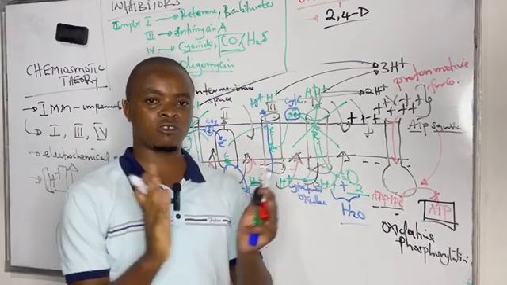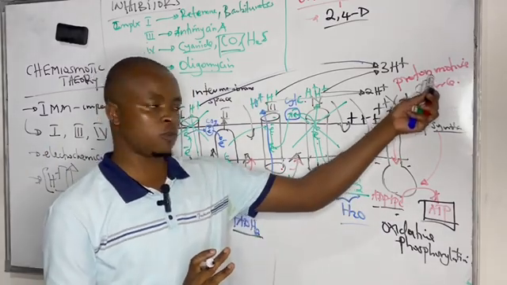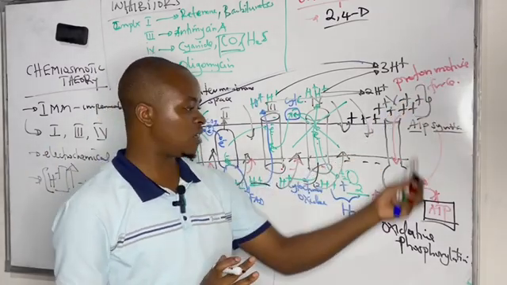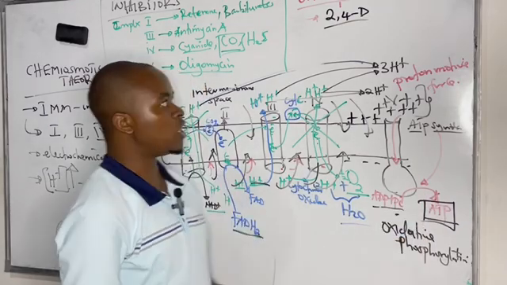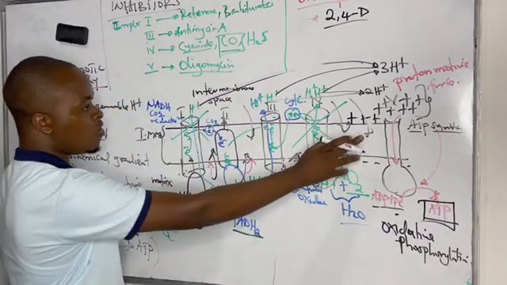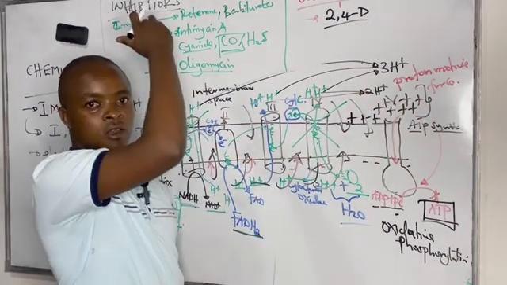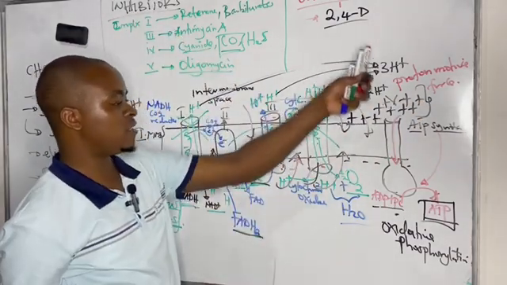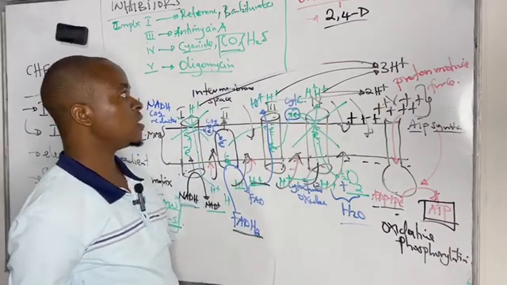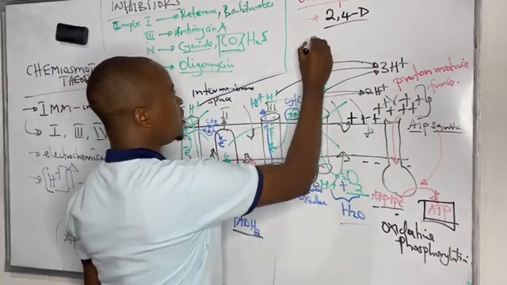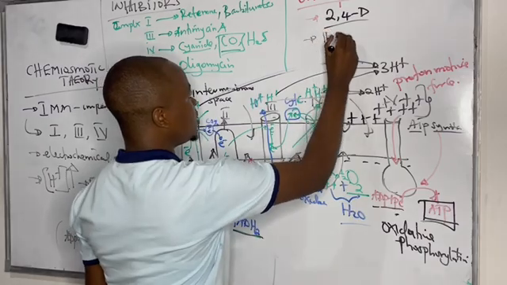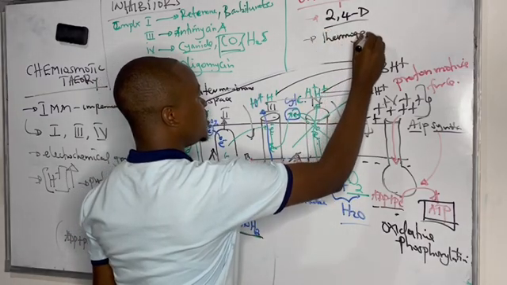And without an electrochemical gradient, we cannot form a proton motive force, which causes the formation of ATP. So when you take uncouplers, there is no accumulation of protons outside because they freely enter in and freely move out. So you cannot produce ATP. That is 2,4-D, and in young children they have brown fat which contains thermogenin, and thermogenin is also an